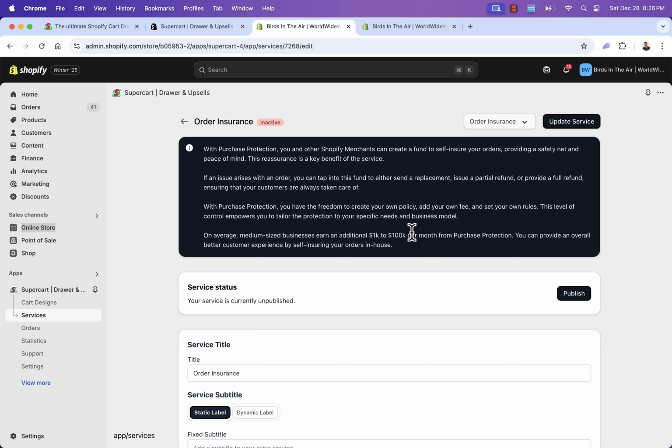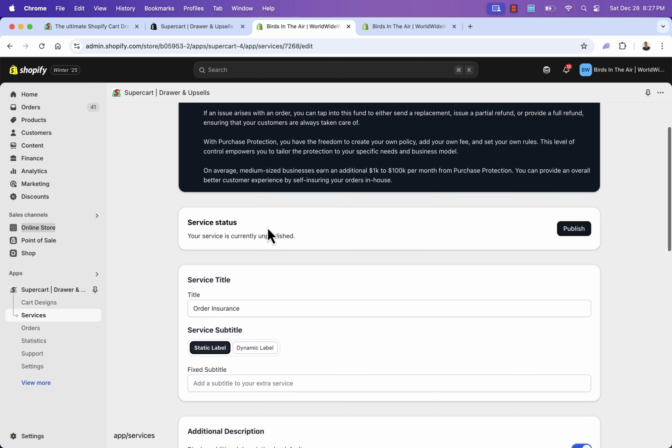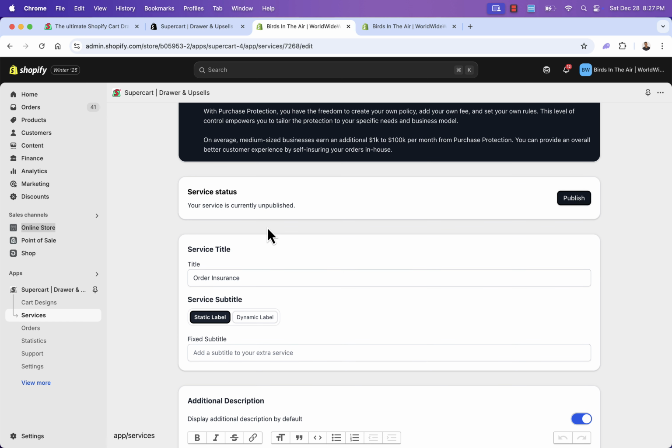They pay a little bit more for order insurance. It goes into a fund, basically your pocket, and then you use that to deal with these types of issues. Maybe if there is something incomplete or some damaged item or the customer is not happy, right? You can go over here into this fund. So it's a nice way that small and medium-sized businesses can add an additional revenue stream and increase conversion rate because